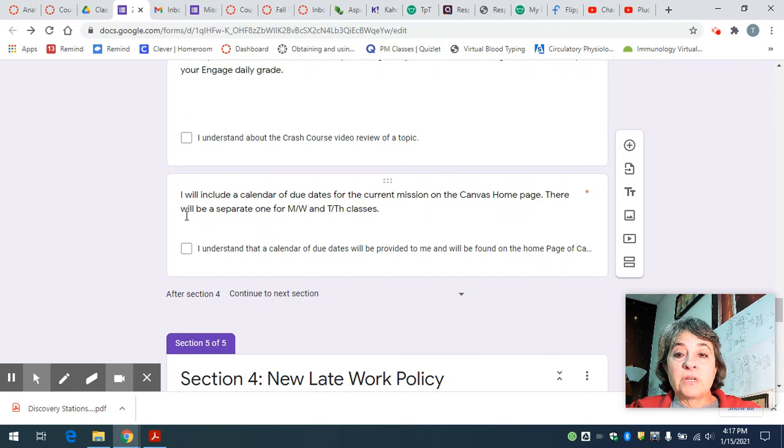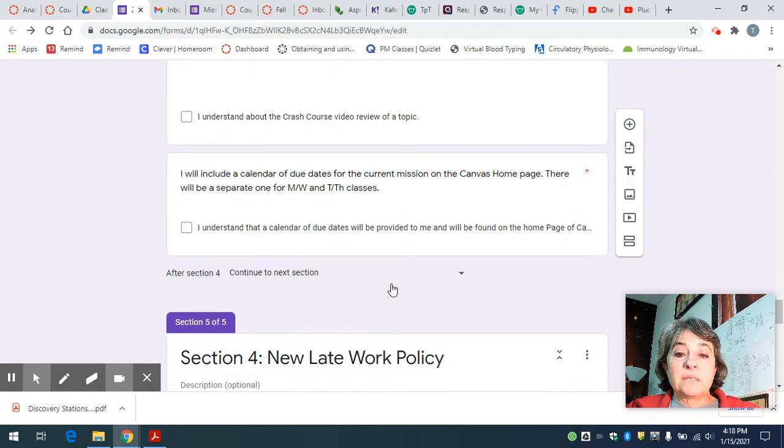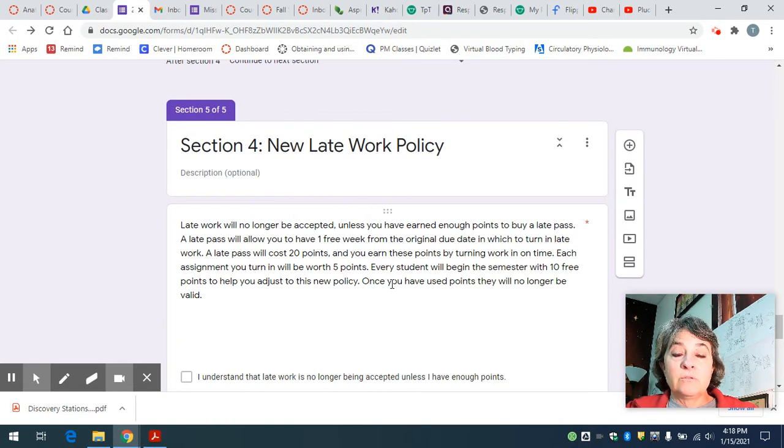And the last thing here, I mentioned it a minute ago, I will include a calendar of due dates for the current mission on the Canvas homepage. I'll have a separate one for Monday, Wednesday, and then a separate one for Tuesday, Thursday, so that you have the exact due dates of your assignments. So click that one box and then do next,